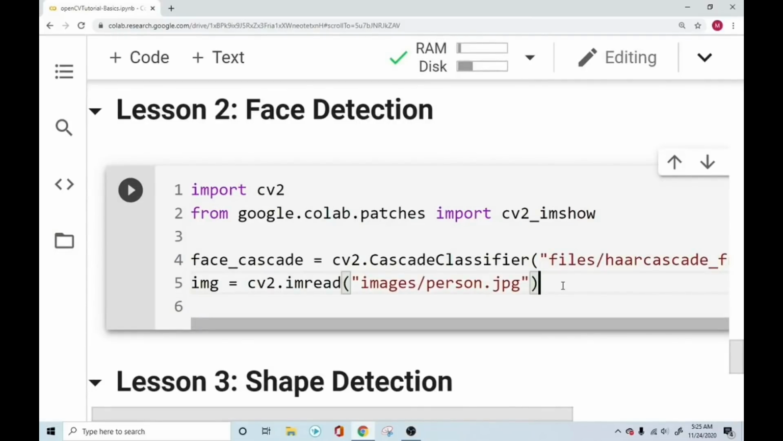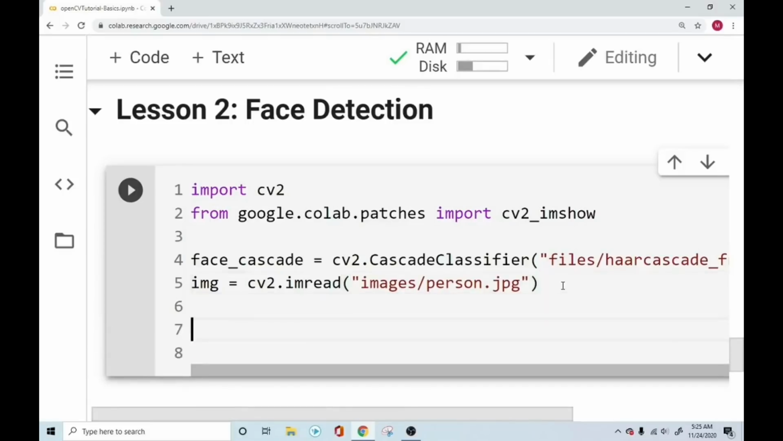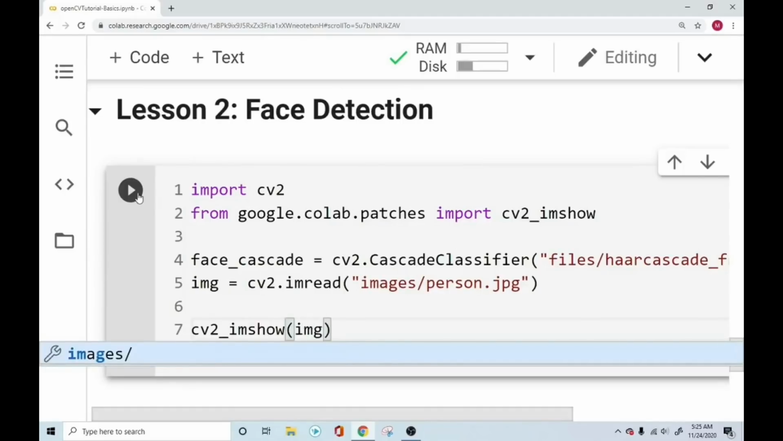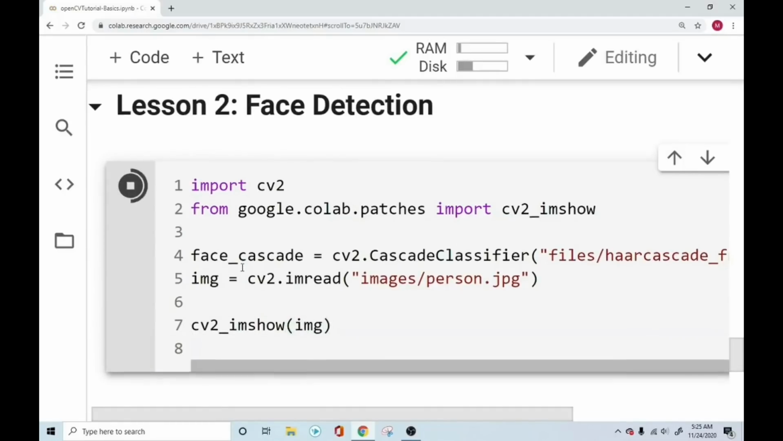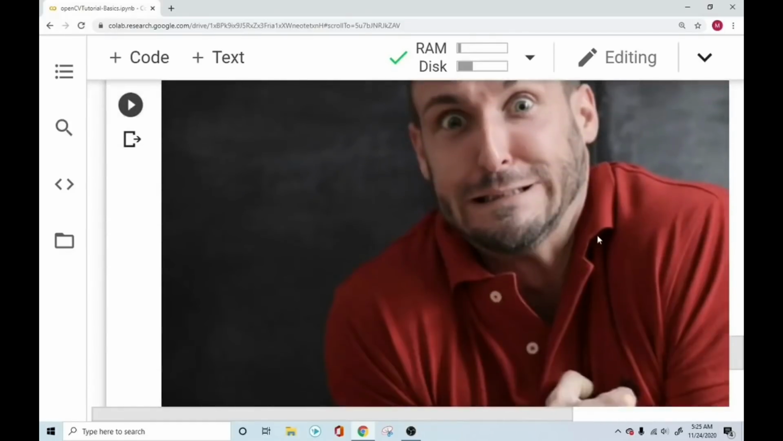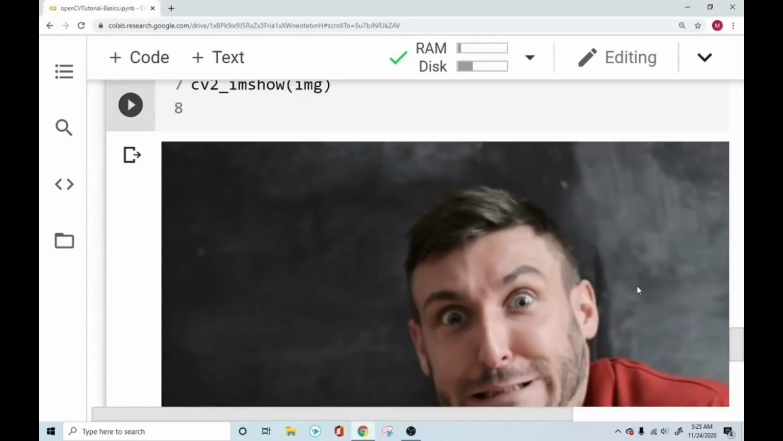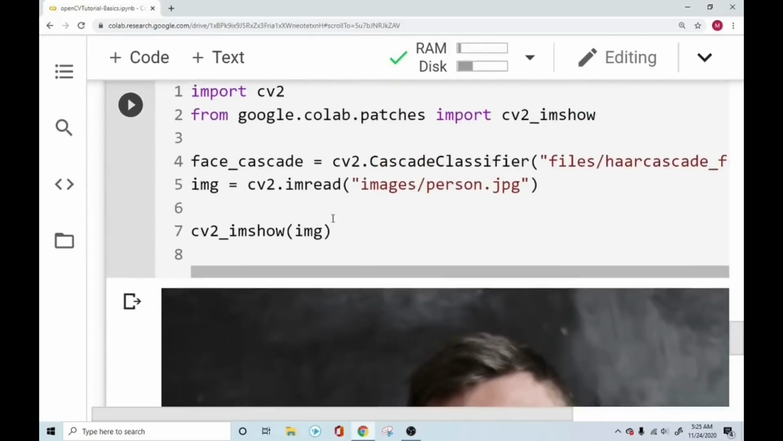And once you have specified the image, let's simply display the image. So we know everything is working out perfectly so far. So let's run this, and it's able to display a person's image right here in the browser for us. Now, coming back here, the first step you want to do is convert this colorful image into a grayscale image,